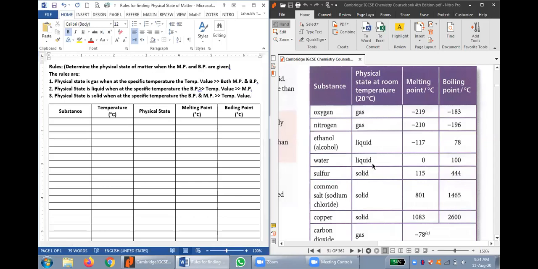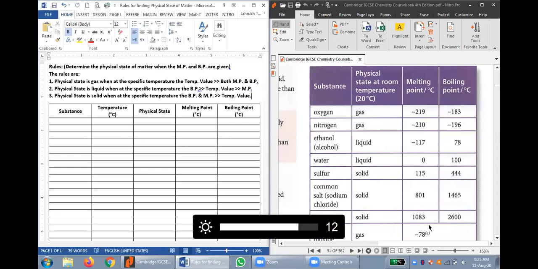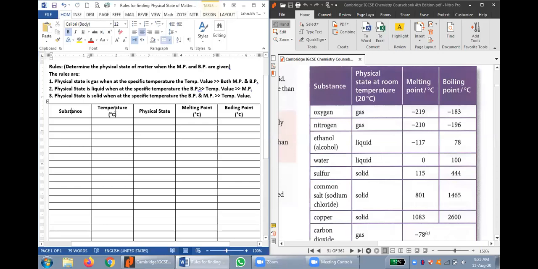अब इन रूल्स को एक्चुअली एक्सप्लेन कर लेते हैं. Sir, we will be given the temperature value. Yes, you will be given the temperature value. You will be given everything, every column over here. For example, the substance, the temperature value, the melting point, and the boiling point. The only thing you need to determine is physical state. So all 4 of these things will be given as a part of the question, and you're supposed to find